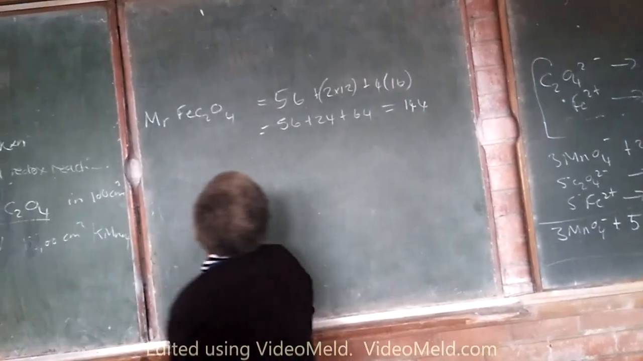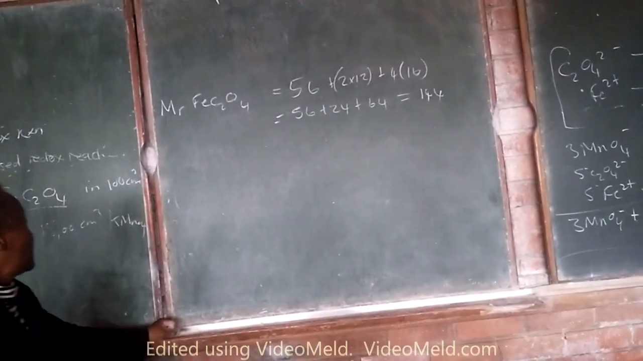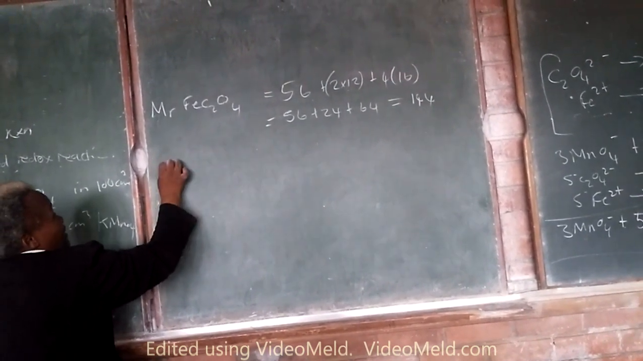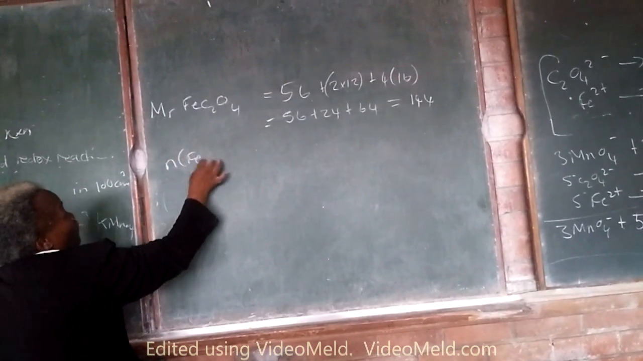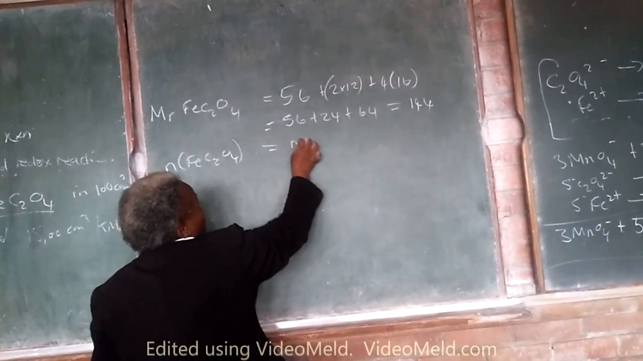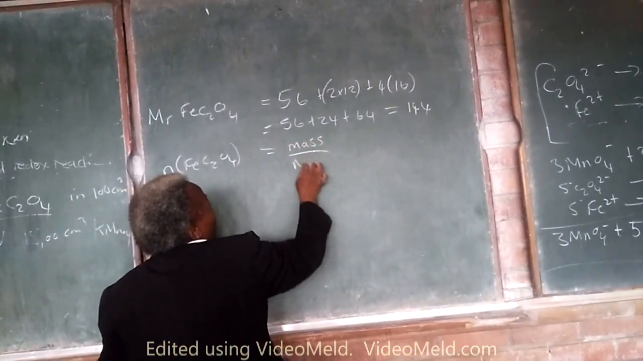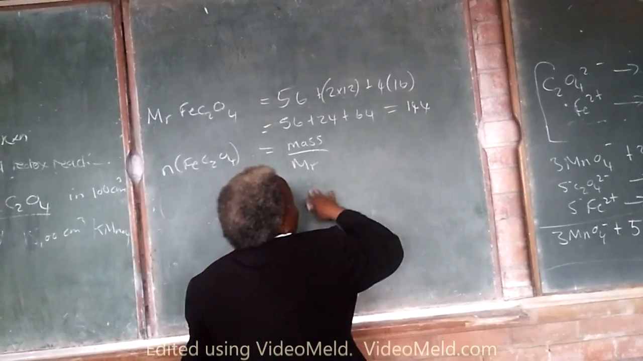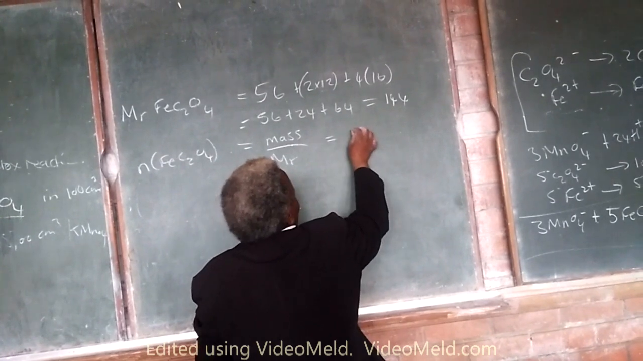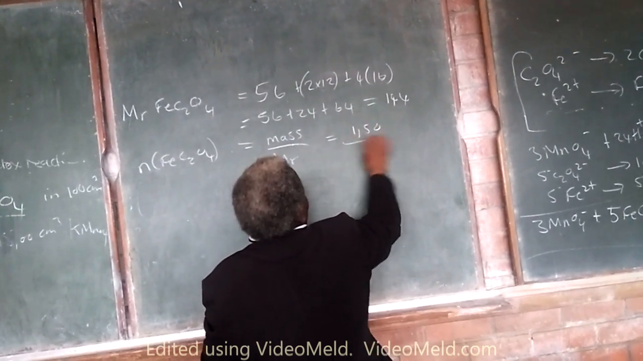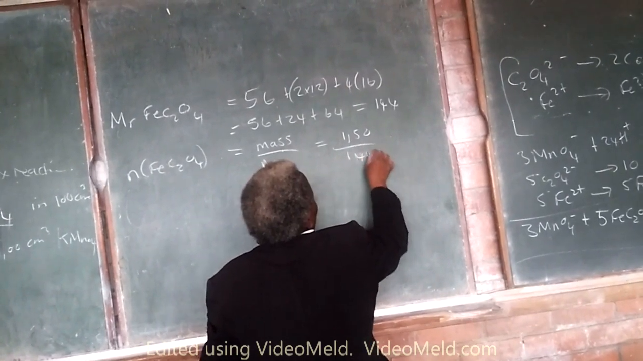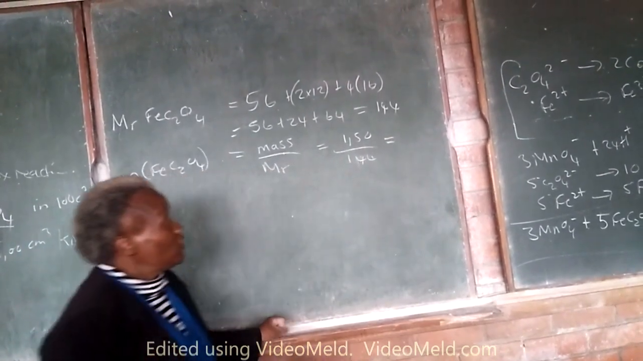144. That's my Mr. Next, I can now determine the number of moles of FeC2O4 present in the given mass by using the formula mass over molar mass, which is the Mr in grams. And so this equals 1.50 divided by 144. And this gives me how much goes in the